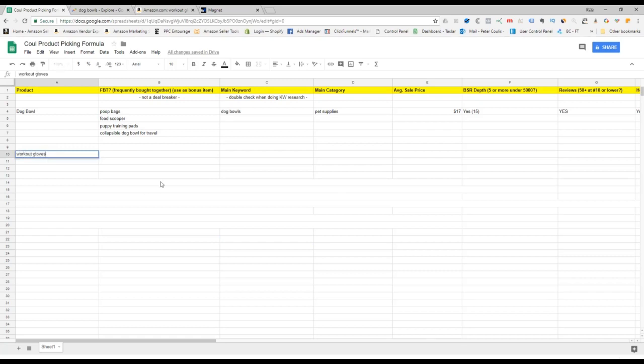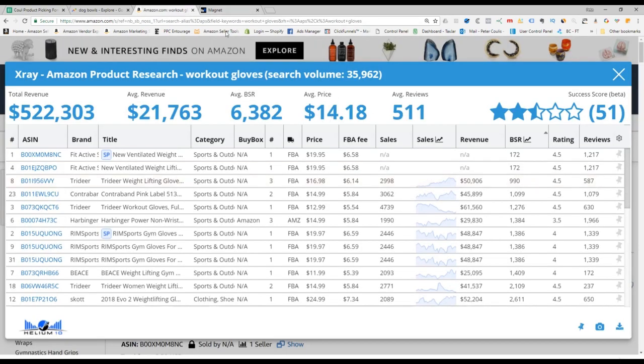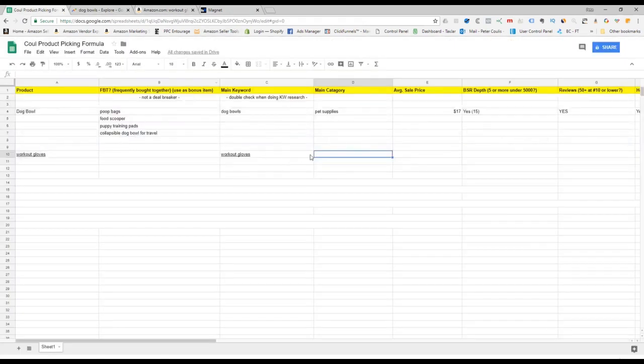Workout gloves. I'm going to go fast here. So remember, we do frequently bought together as the last step. Main keyword is workout gloves. Category. Well, let's just double check. I'll check it in a second, but I guarantee you it's going to be sports